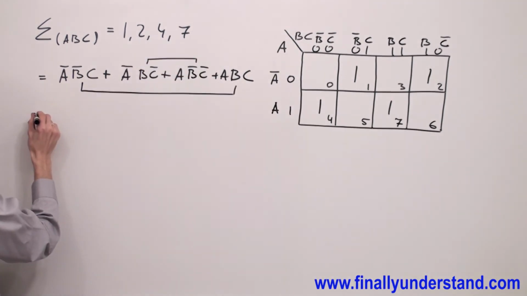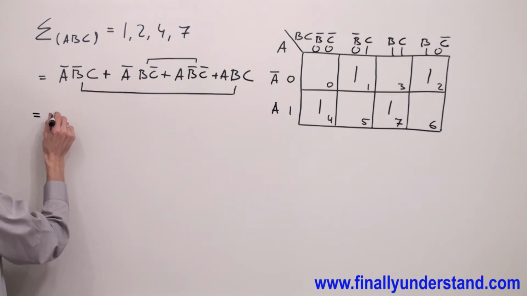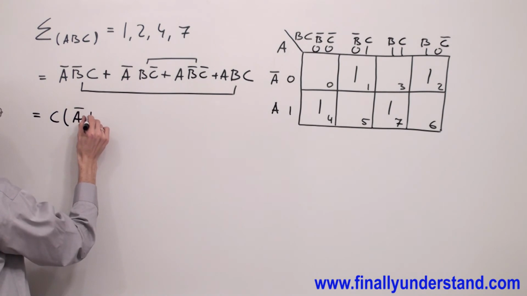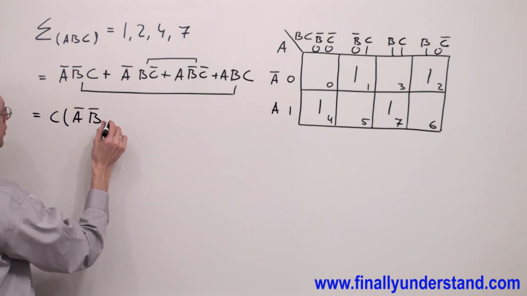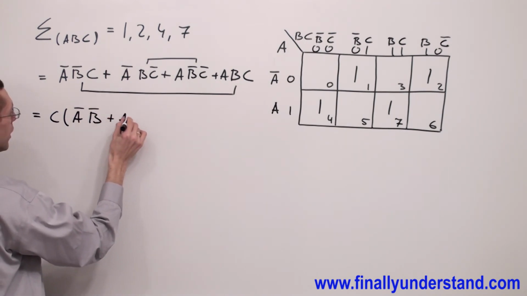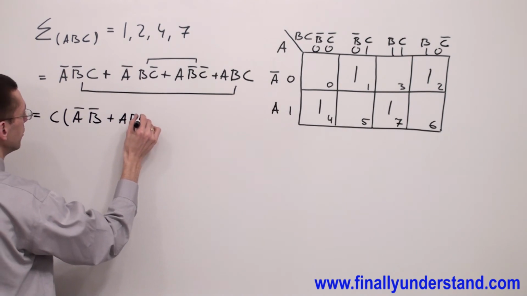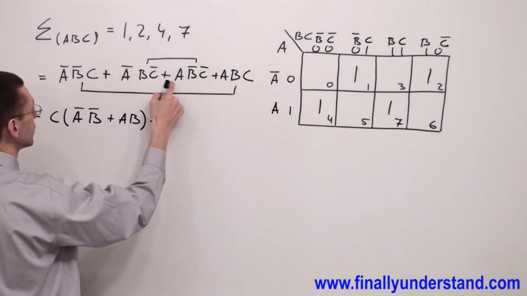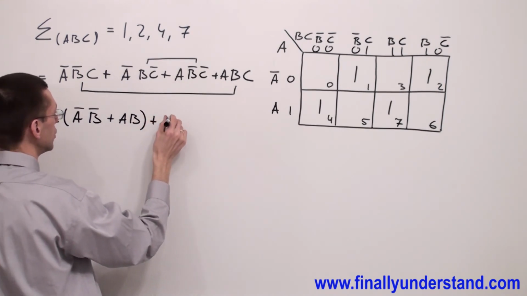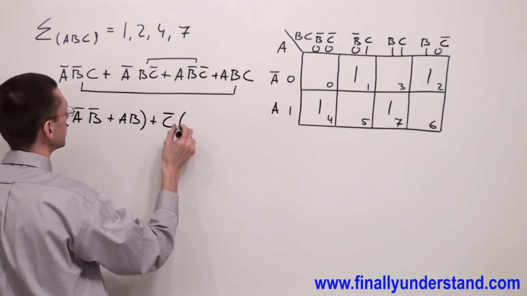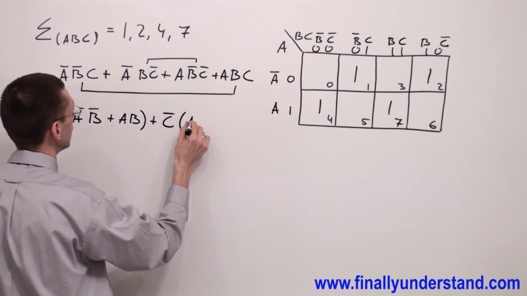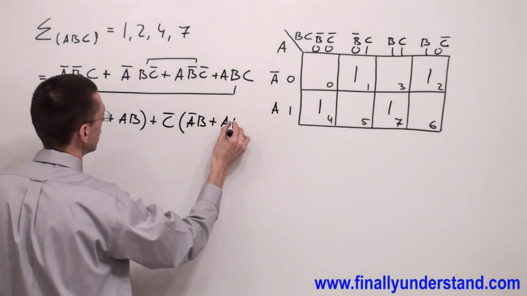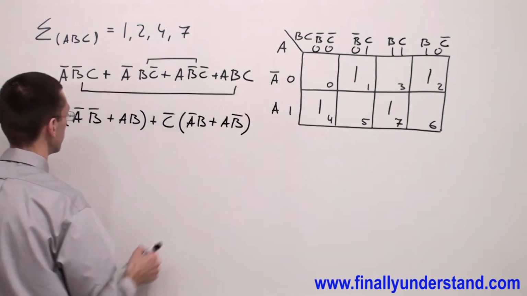I'm going to have C, and inside of the parentheses I'm going to have A not B not or A B, or factorize these C nots, and inside of the parentheses I'm going to have A not B or A B not